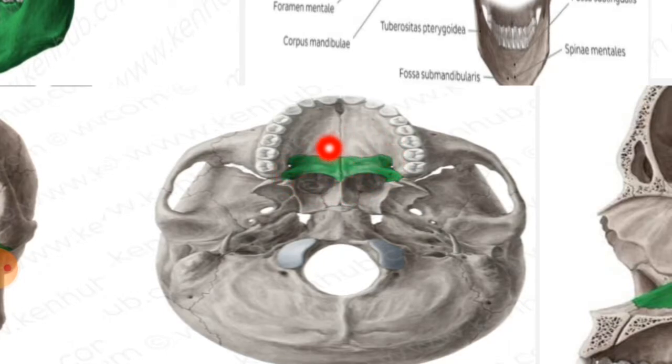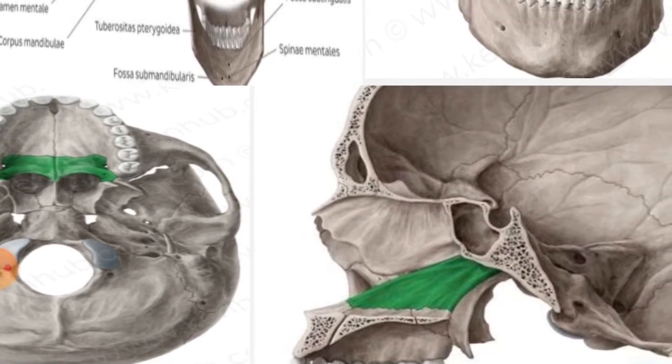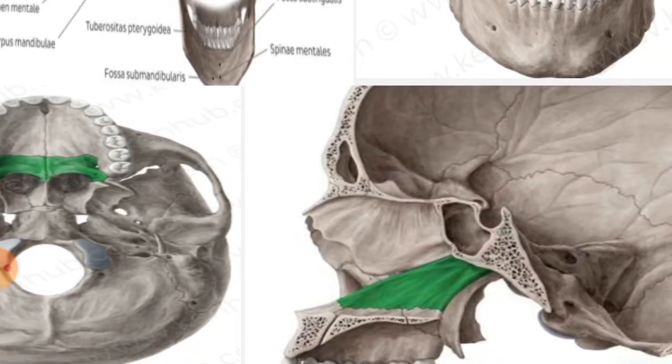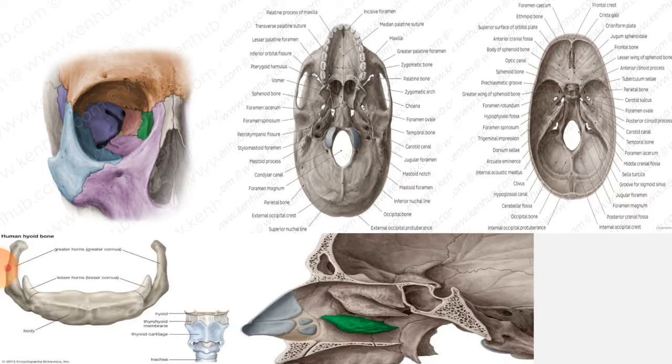These two are the palatine bones, which form the hard palate of your mouth. This one is the vomer bone. Okay, so these are the lacrimal bones, and these lacrimal bones lie lateral to the nasal bones. These are the nasal bones, and you can see that the lacrimal bones are lying lateral to them, and they are two in number. Here, only one side's lacrimal bone is shown.